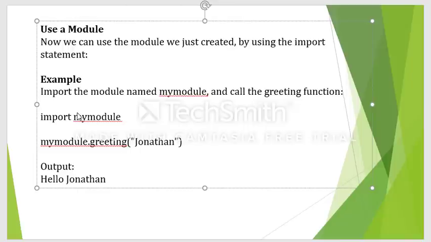I hope you got this, how we can utilize mymodule which has been defined somewhere. Any function can simply be utilized in your program by using an import statement.